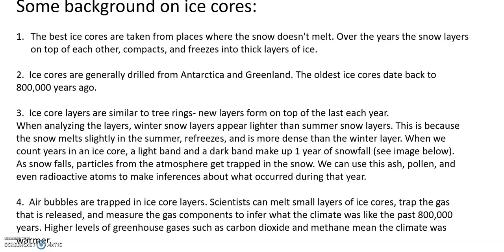Ice core layers are similar to tree rings. New layers form on the top of the last year. When analyzing the layers, winter snow layers appear lighter than summer snow layers. This is because the snow melts slightly in the summer, refreezes, and is more dense. When we count years in an ice core, a light band and a dark band make up 1 year of